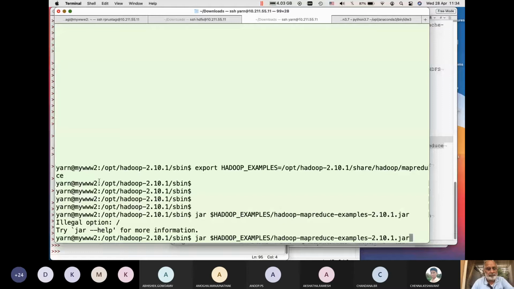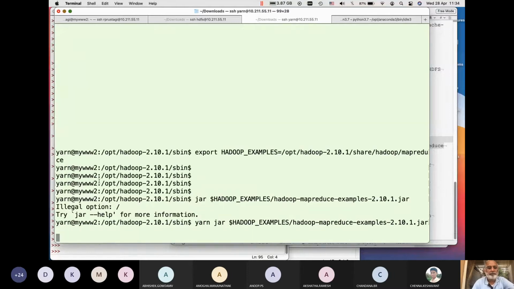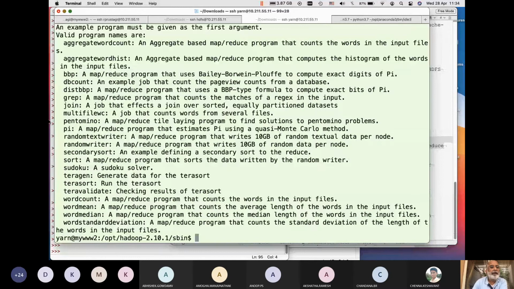Yarn jar. Yeah. And you see, it gives you a number of different example programs like aggregate word count, word histogram, computing the exact value of pi, page view, grep, join, and other programs.